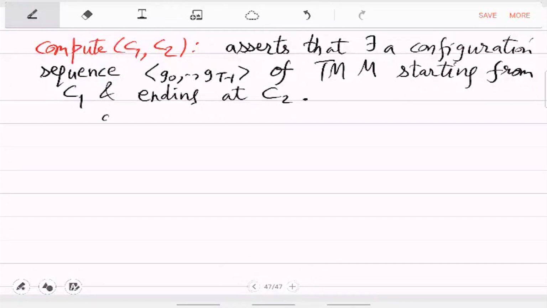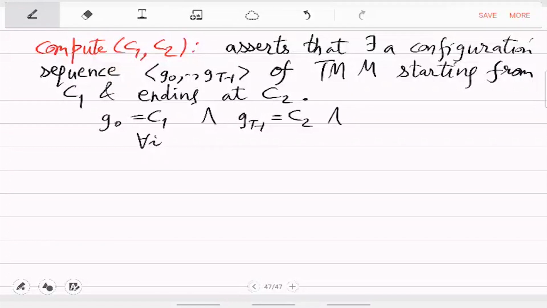So this says there exist G0 to Gt minus 1, where G0 is C1 and Gt minus 1 is C2,